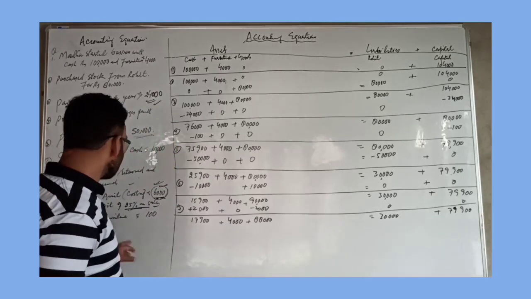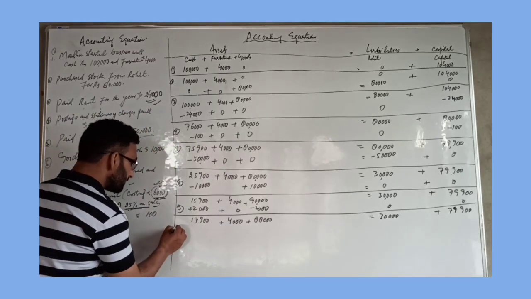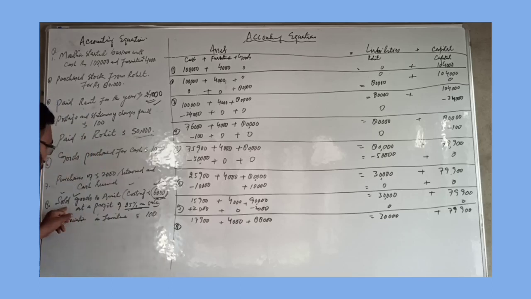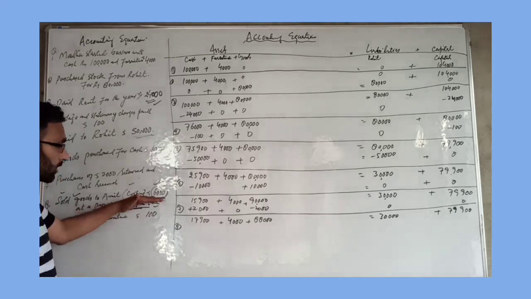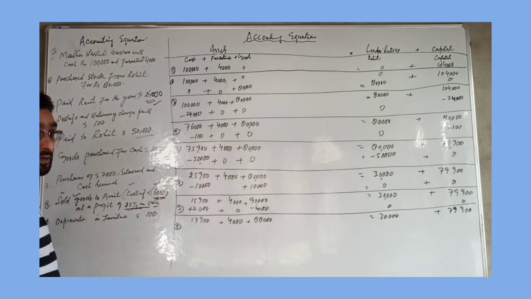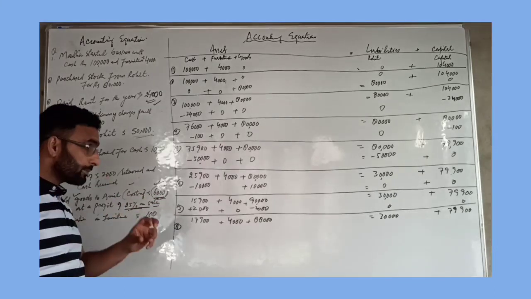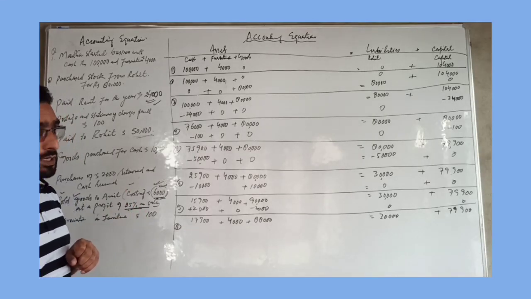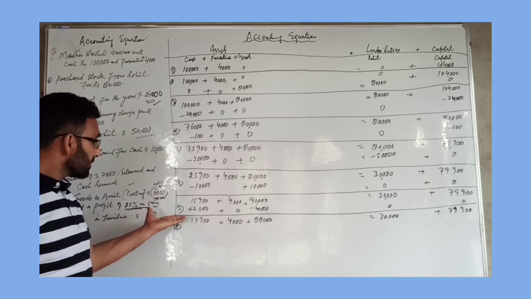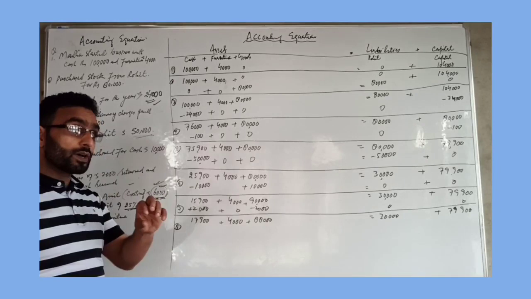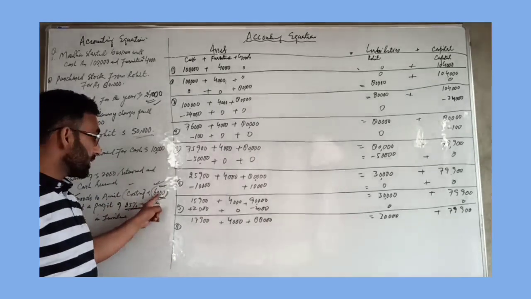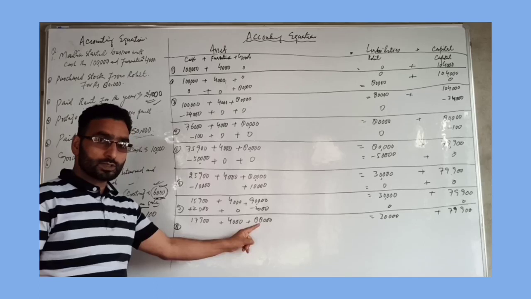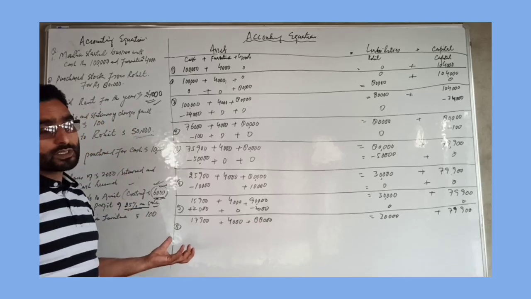Now the next point is point number 8. Sold goods to Amit, costing rupees 6,000 at a profit of 25% on sales. Here the cost price of the goods is given, but the selling price is not. But the profit percentage is on sales, the selling price. Now we first have to calculate the selling price, because goods are purchased at cost price and sold at selling price. The goods decrease here by 6,000, but the cash received is equal to the selling price of the goods.